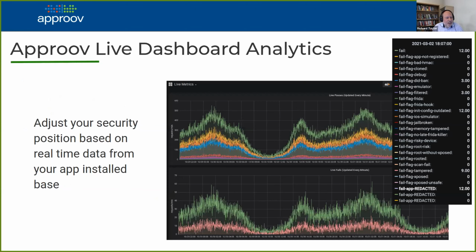And as a side benefit, because the app is communicating with the Approve cloud, we see at runtime all the connections from various different devices, and you get live metrics and various rolled-up metrics showing you what's actually happening in your app environment, the amount of activity that's going on, but also, if bad things are detected, what those things are, and various tools that allow you to do a deeper dive analysis of these things.